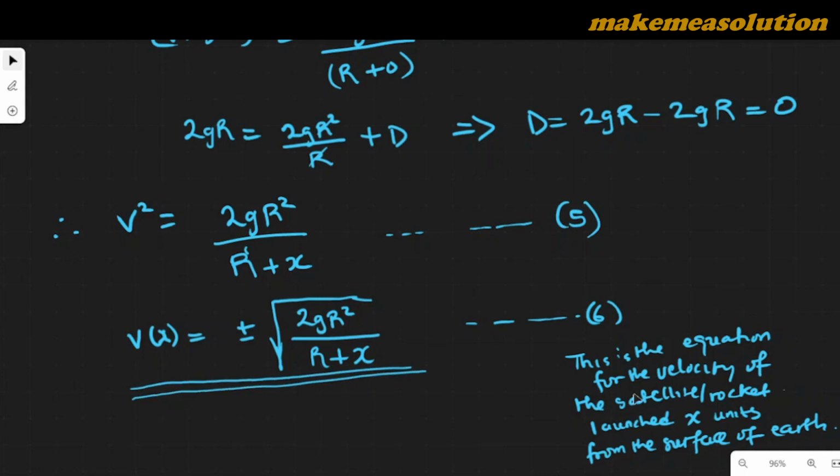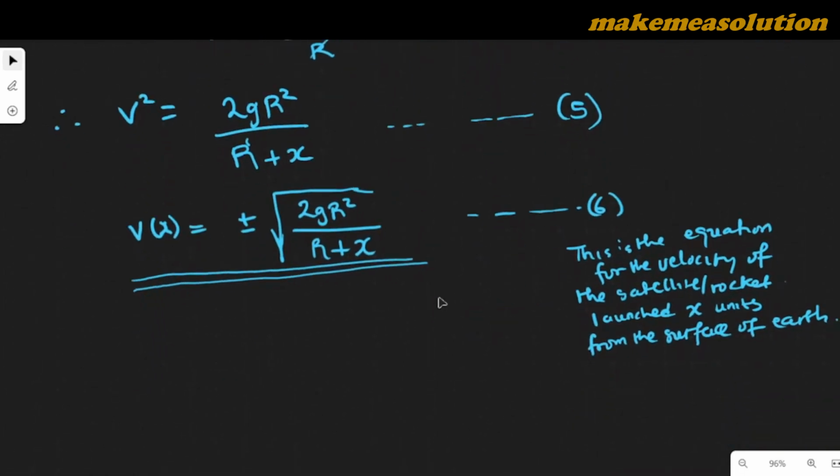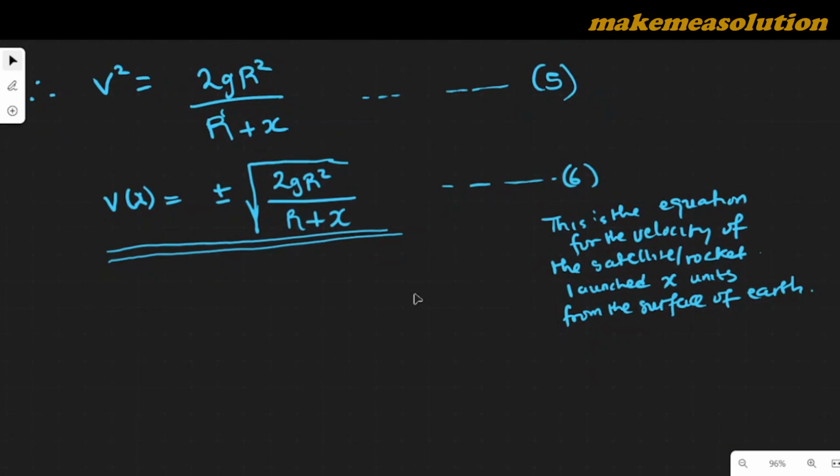Wow, one day I might actually send someone to the moon, or I'll go myself. Okay, let's continue. Now we have gotten v of x to be plus or minus the square root of 2gr squared over r plus x. So the b part of the question,